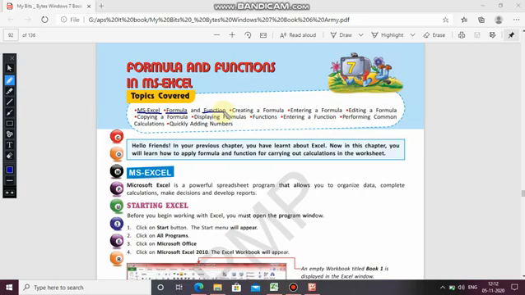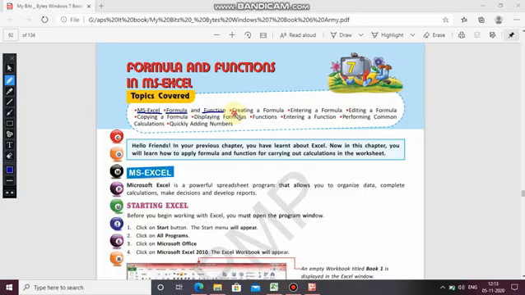So formula is what? Formula is a sequence of cell references, the mathematical function or operators of existing value to give a new value. Means when you are using any calculation over the previous value, the result is the new value. And what is function? So function is an inbuilt formula which is already present in the Excel.